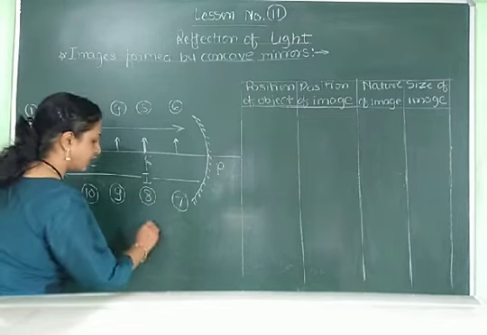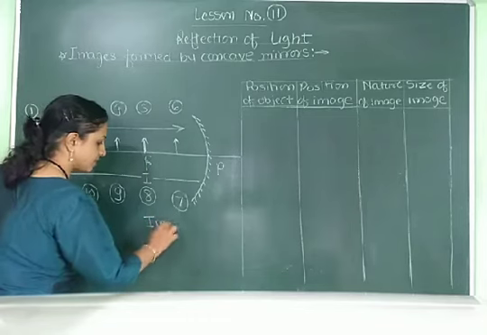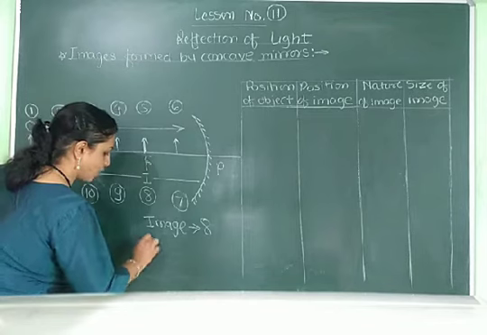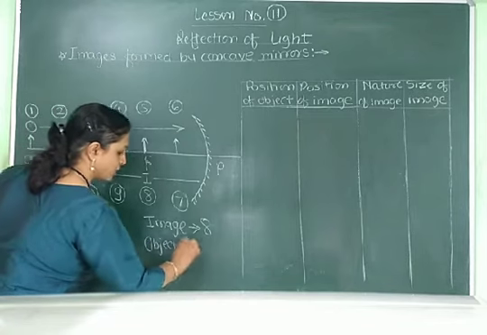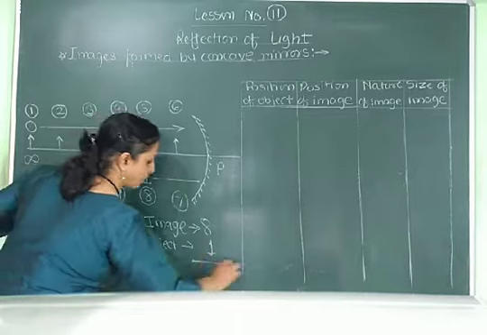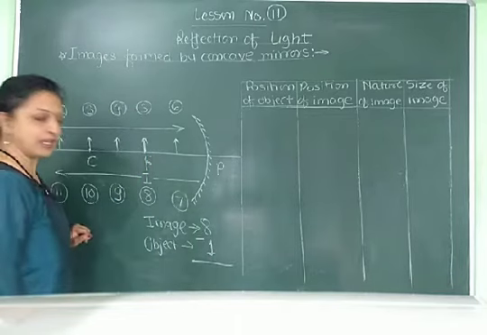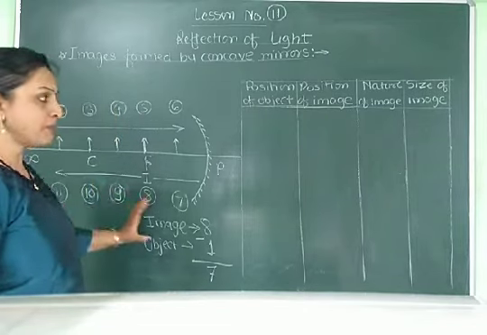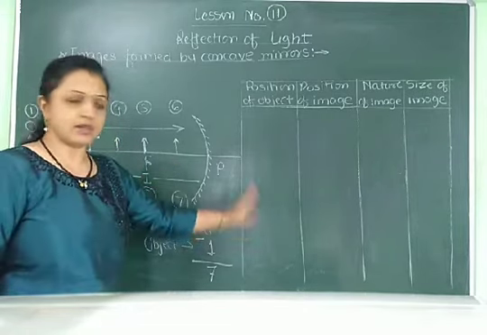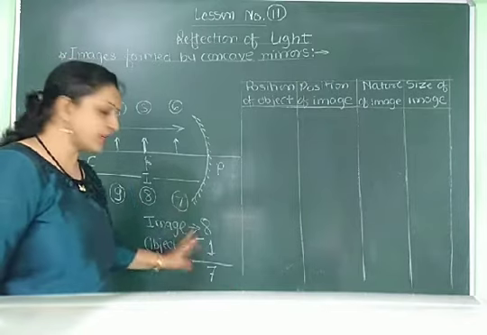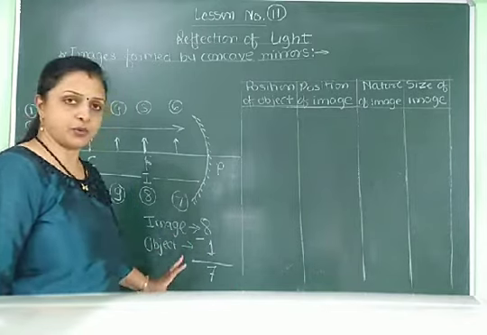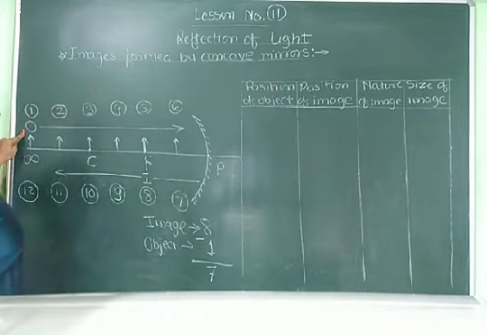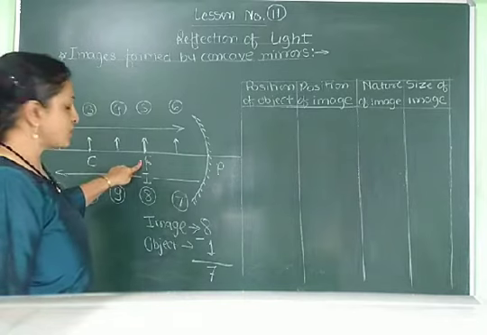So now let us write here what is the position of image. Position of image, that is 8. And what is the position of the object? Position of the object, that is 1. And now take the subtraction of these two values. 8 minus 1, that is 7. And remember, in all the cases, means in all these positions, this difference remains the same, that is 7. Okay, so the position of the image is 8. If we place the object at infinity, then we get its image at the focus.